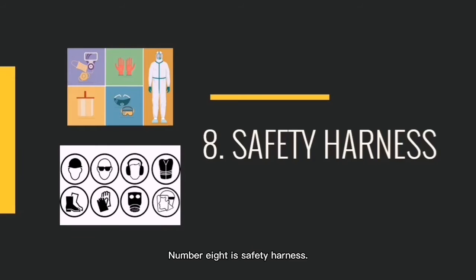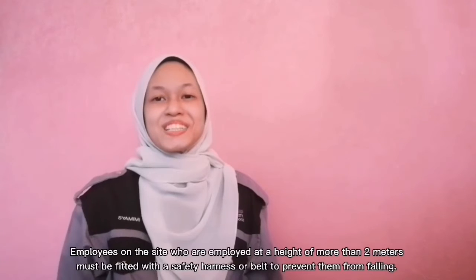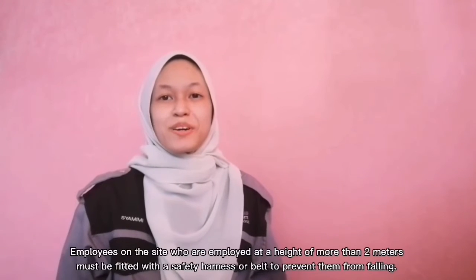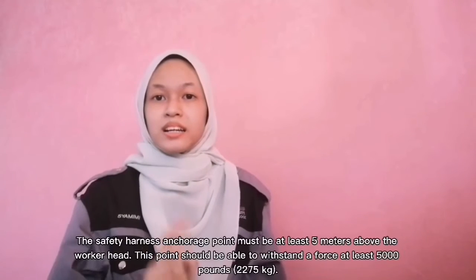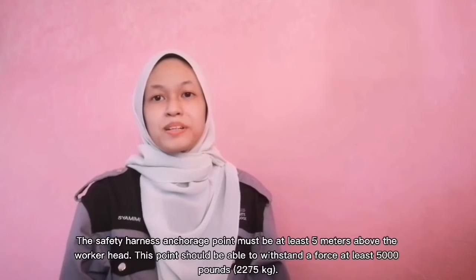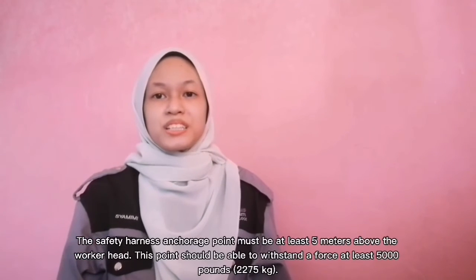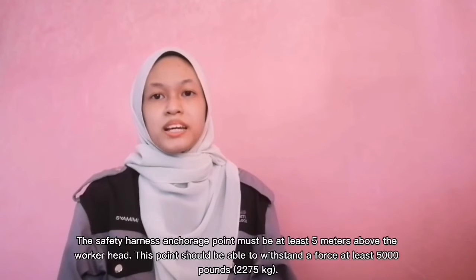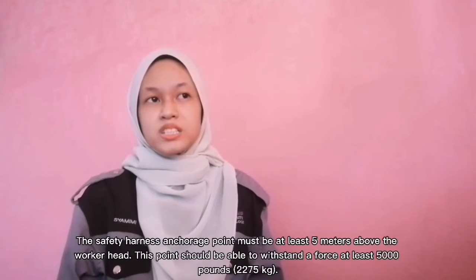Number 8 is safety harness. Employees on the site who are employed at a height of more than 2 meters must be fitted with a safety harness or belt to prevent them from falling. The safety harness anchorage point must be at least 5 meters above the worker's head. So, this point should be able to withstand a force of at least 5,000 pounds, which is equal to